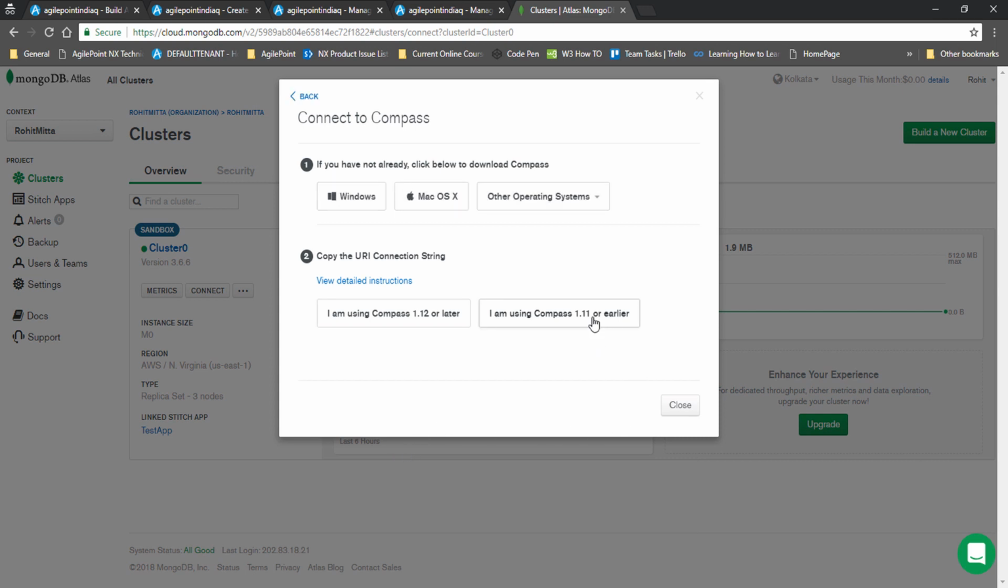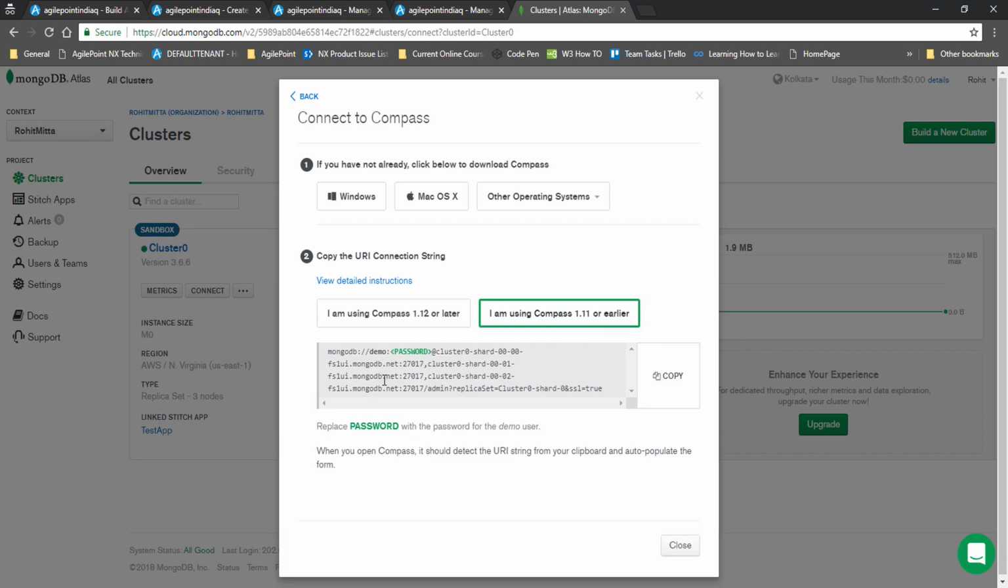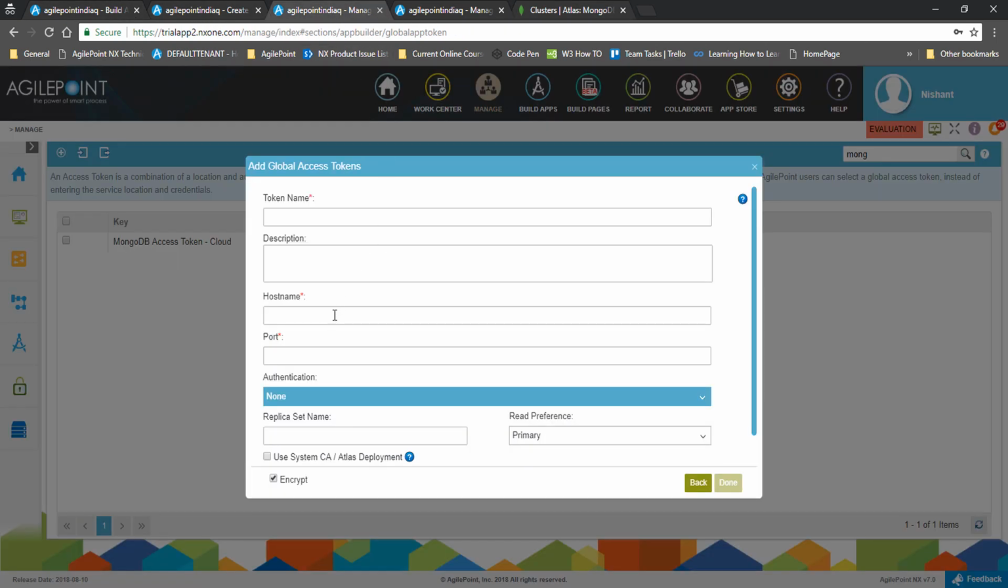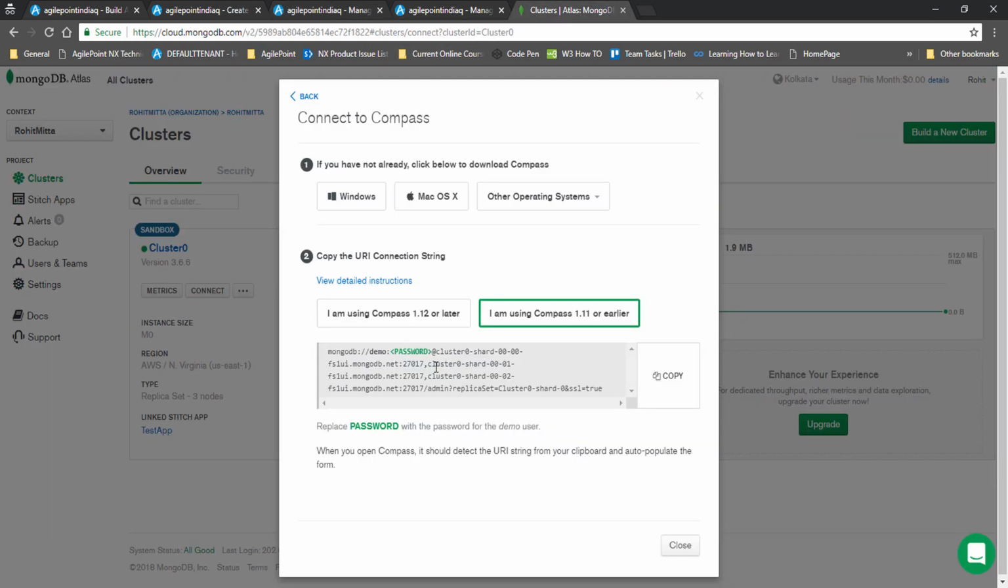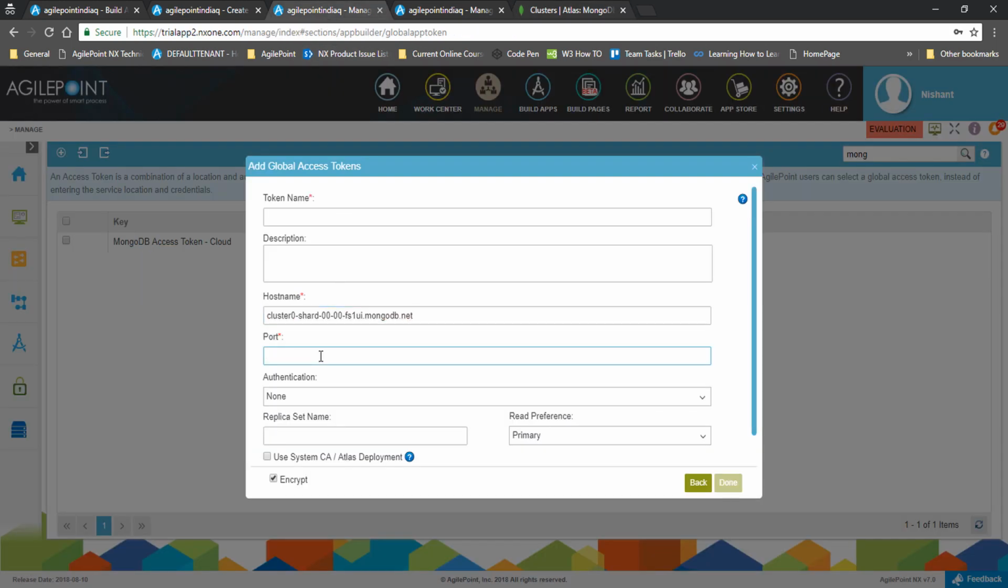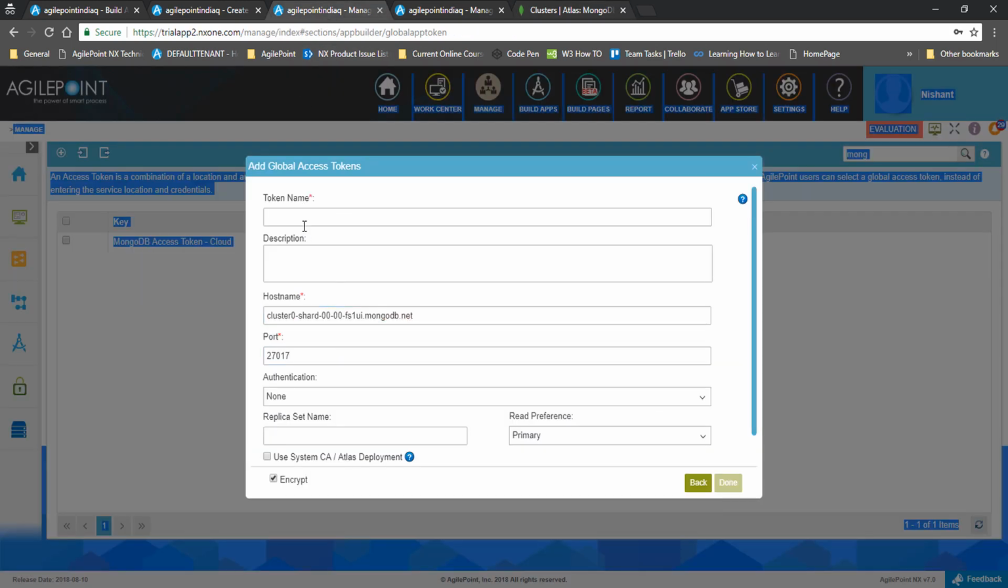I am using Compass 1.11 or earlier. You can find the host address. Come back to Manage Center and paste it over here. Now collect the port number, copy it and paste it under port. Now provide the token name,